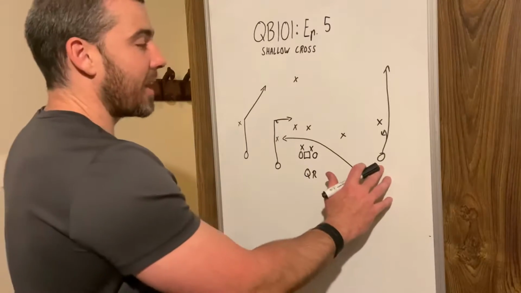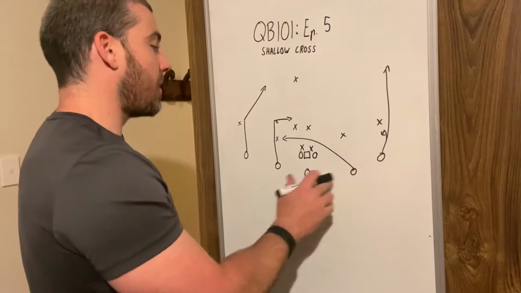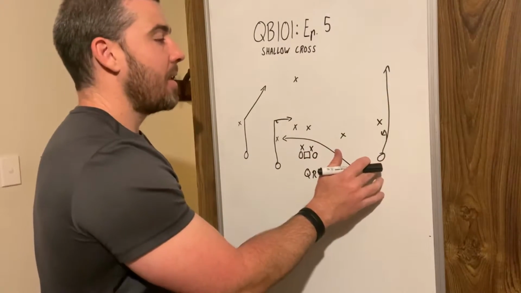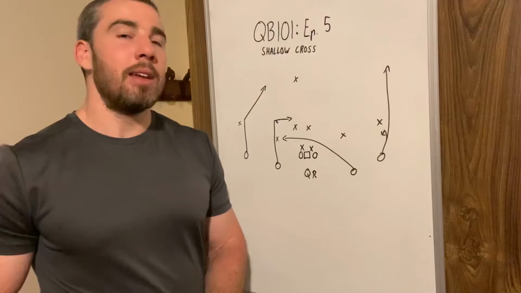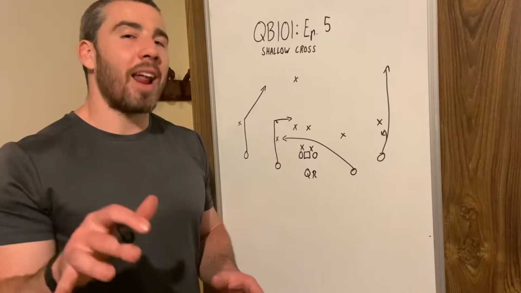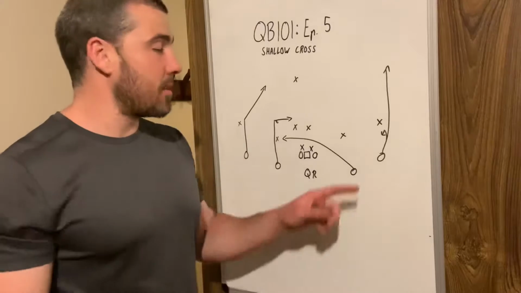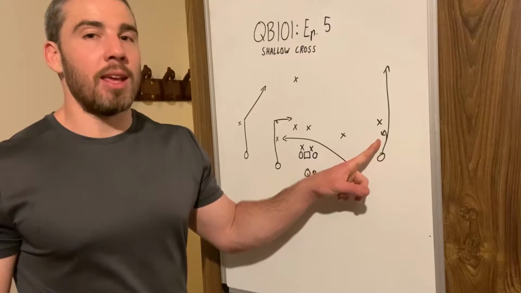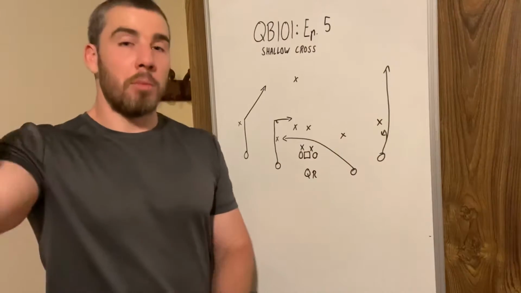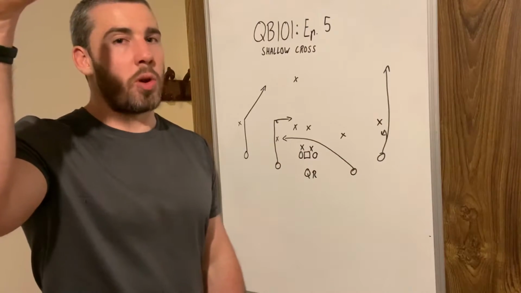So firstly, let's take a look at what we call backside. Over here, we're going to have an automatic fade. Right here, if you ever see man press, so if you see that defender 1.5 yards, or even less, on your receiver right here, we are taking this fade shot. If they're going to be aggressive, we're going to be aggressive and take that shot straight away,